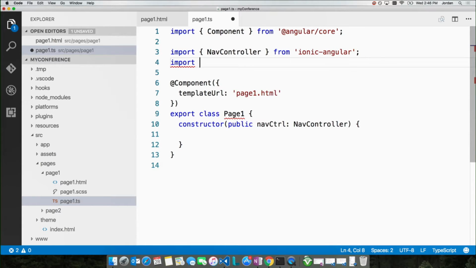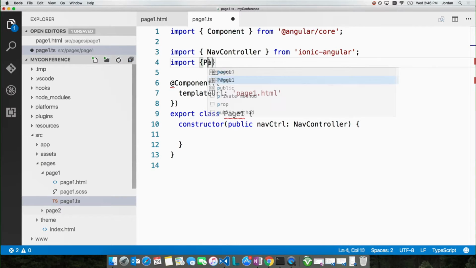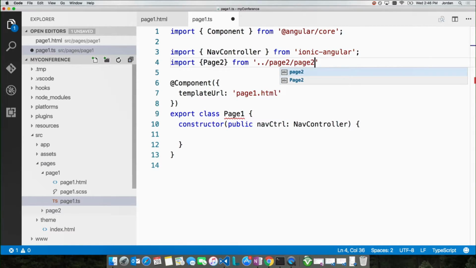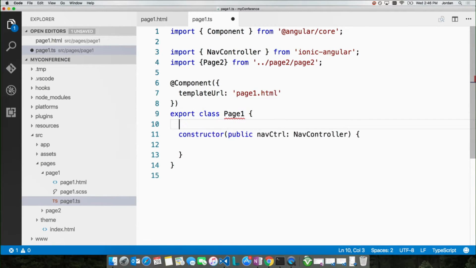So what we're going to do first is I'm going to use this import statement and bring in, so if you look at my folder structure here, page 2 is what I actually want to put on tab 1. I'm sorry, the indexes might be a little confusing. Page 2 is that list of items. I want to bring that into the first tab. And so to do that, I'm going to bring in page 2 from that spot. So I go up a level and back down into page 2. Now I have imported my page 2 component, and in my class here, I can say that tab 1 maps